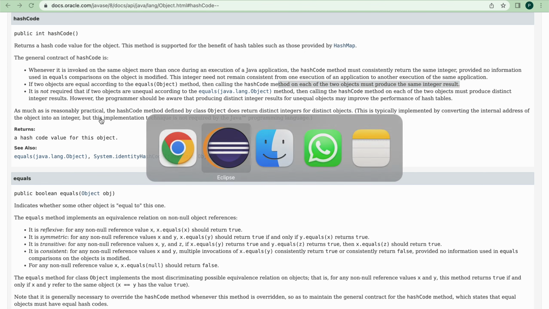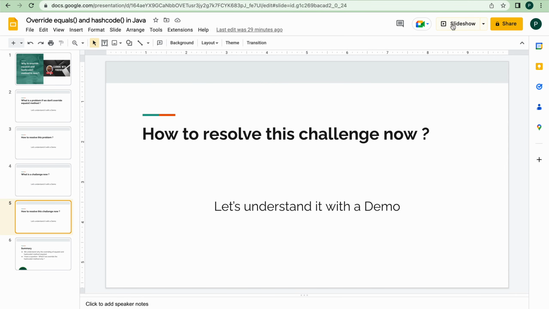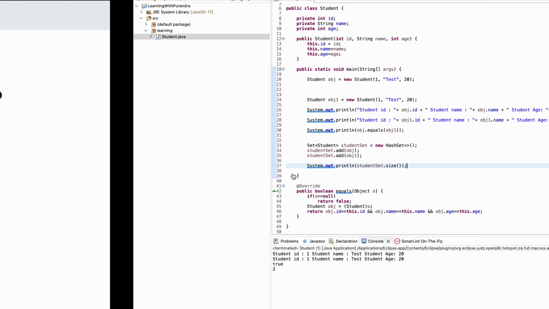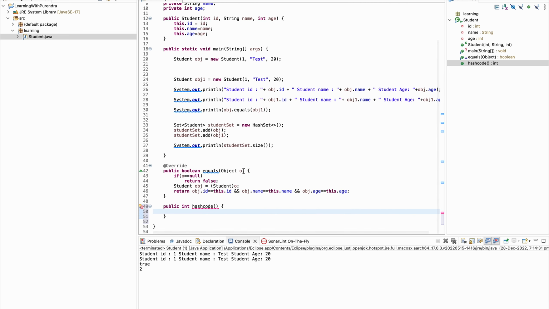Let me go back to this, and I can show you how to resolve this challenge. What we can do is also override the hash code. So let me write public int hashCode.